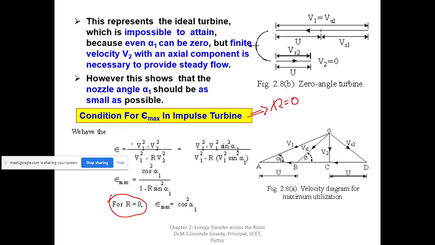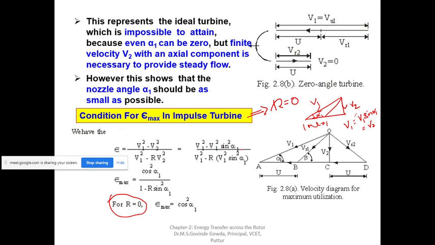Whenever I do that, substitute in this. So let us say V2 equal to V1 square sine square alpha 1. How can I say that? I explained this in the last class, but it might have been in a hurry, so I'm explaining it again. This is V1, this is U, and this is V2. If this is alpha 1, and I split V1, this becomes V1 sine alpha 1, which is equal to V2. So V2 equal to V1 sine alpha 1, that I am substituting here.